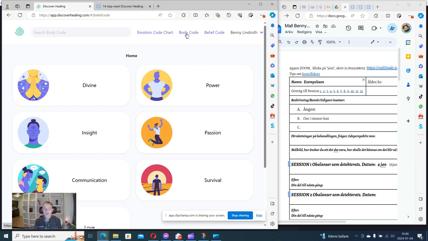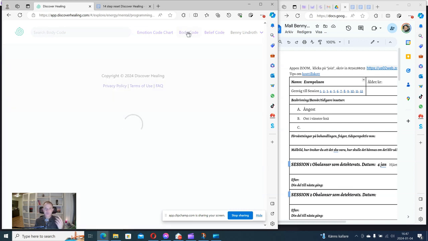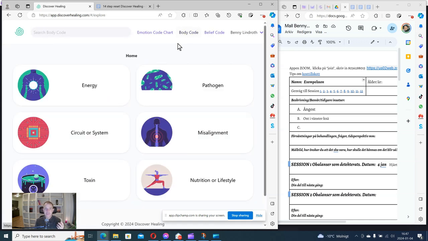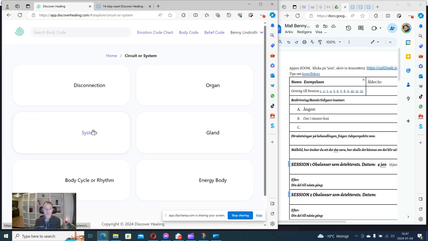So I will stop sharing my screen, I think. No, maybe I will do a short recap. Basically, the body code consists of the emotion code, where, for example, let's say we have a system that is having a problem.